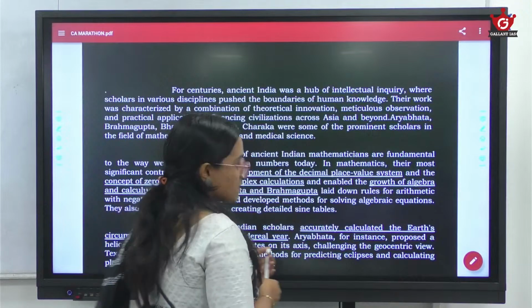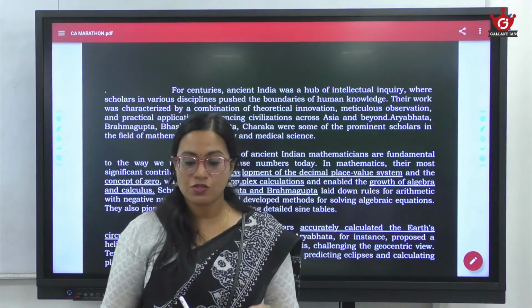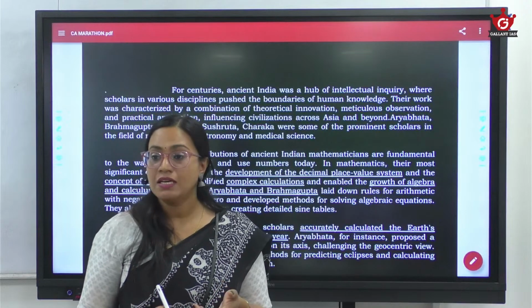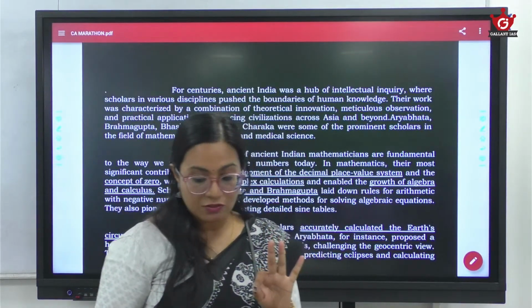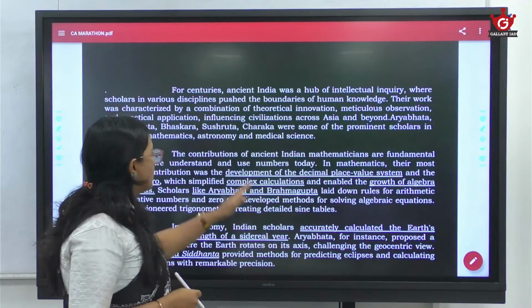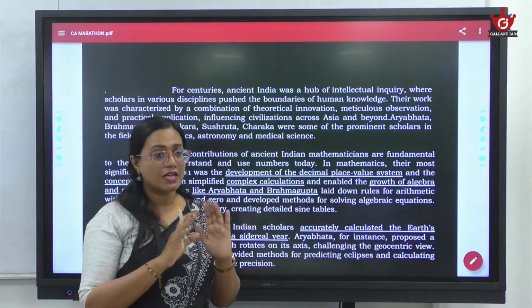So this question was, state the contributions of ancient Indian scholars to the field of mathematics, astronomy and medical sciences. So it's particularly mentioning the three fields. Which are the three fields? Mathematics, astronomy and medical sciences. We are not going into the details of this answer, but we will just see how the answer should be